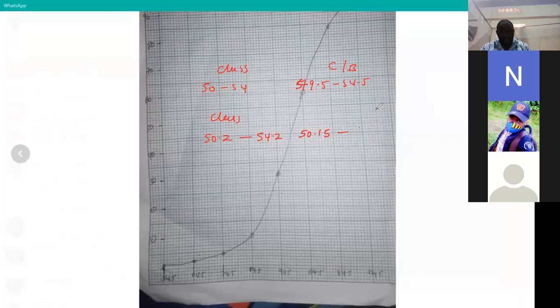Here we add or subtract 0.05. Before, we added or subtracted 0.5. In case it is 3 decimal places, in case the class has 50.25 to 54.25, then the class boundary becomes what? You subtract or add 0.005. Okay? So when you take off 0.005,